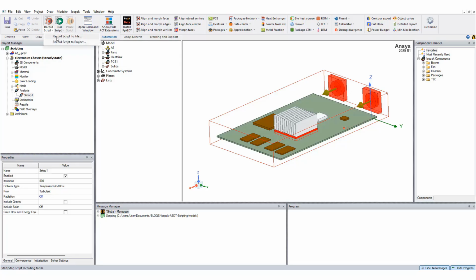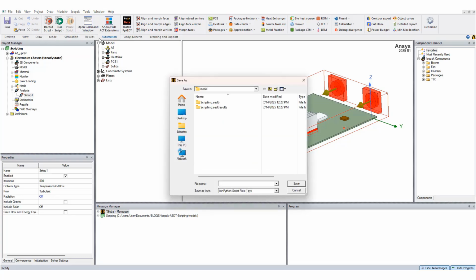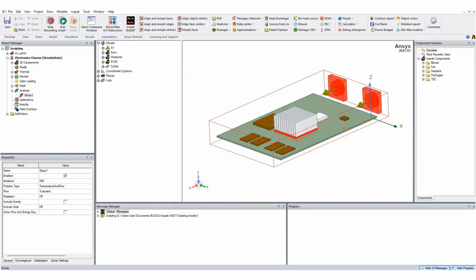I can say record script to the file and give it a name, like plot cut plane, for example. Save it,